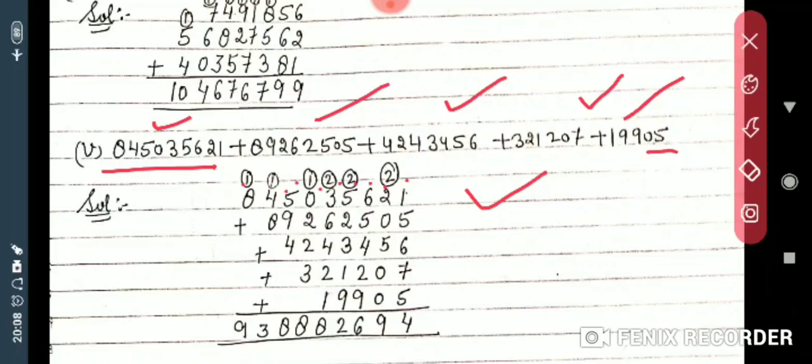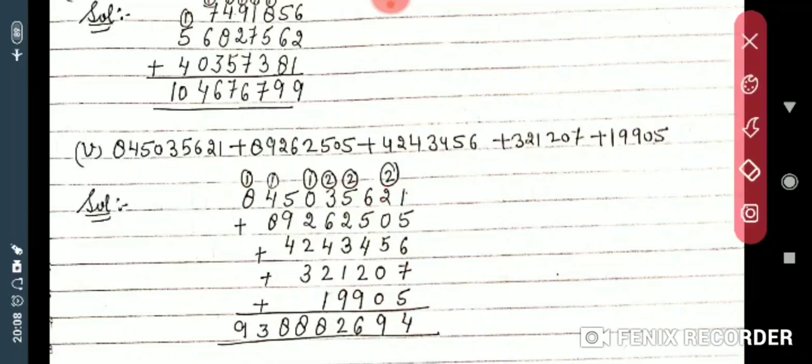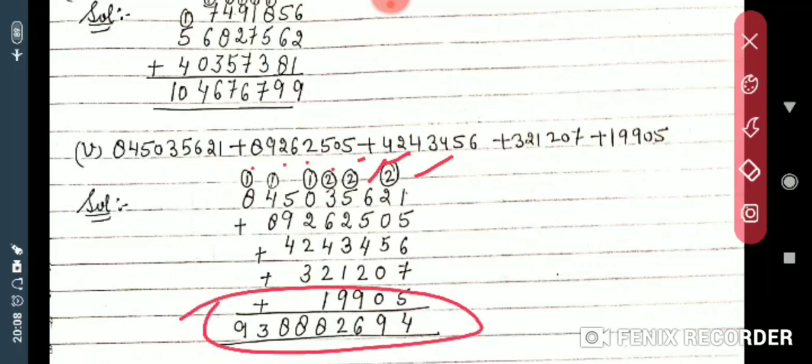Just keep one thing in mind. Start the number from the back side. For example 5. First you will be writing 5. Then 0. Then 9. Then again 9. Then 1. Then you can add this number as I explained earlier. First you will be adding these all numbers. Then you will be adding these all numbers. Then this. First this line. Then this. Then this. Similar way you can add and you can get the answers.